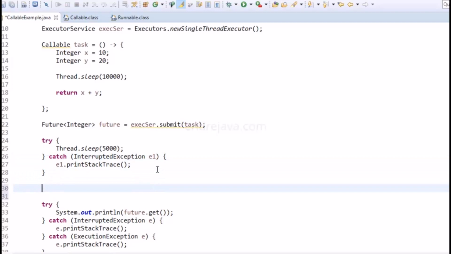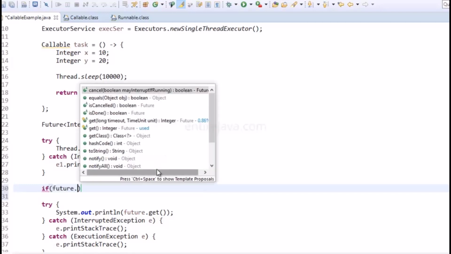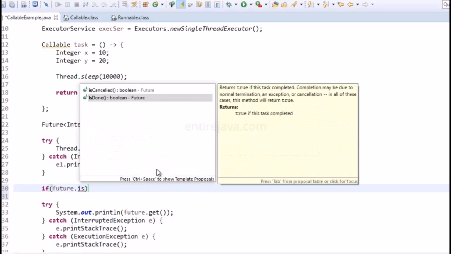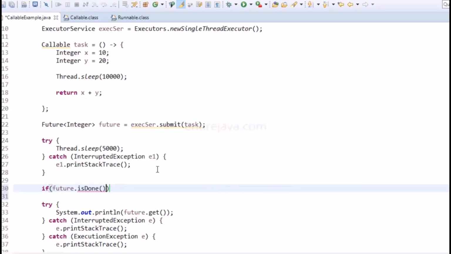I'm going to say future. I'm going to put it in an if clause. So it's going to be future.isDone. This method is going to return a Boolean value. If it returns true, that means the task is done, and if it is false, it's the other way. So if the task is not done,